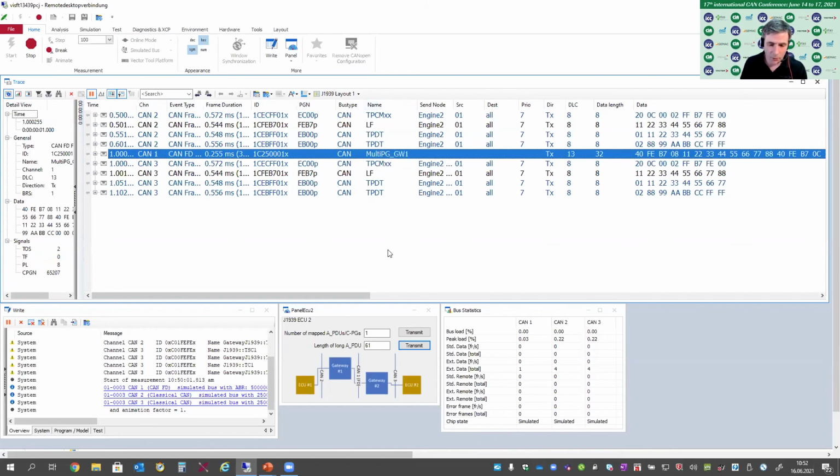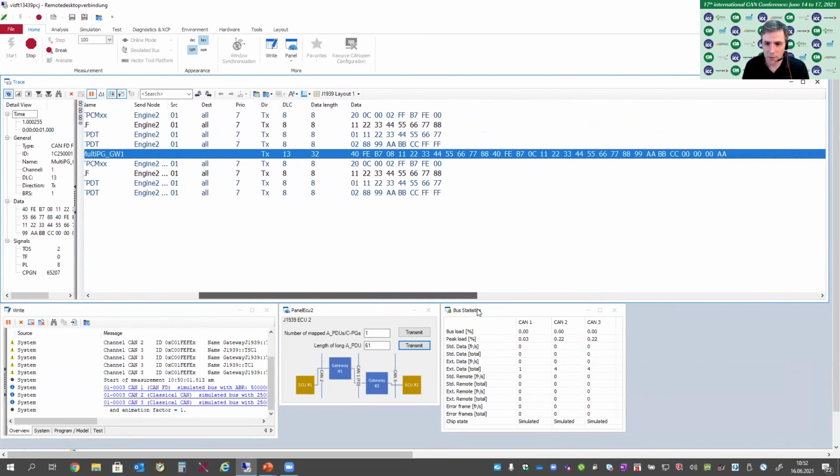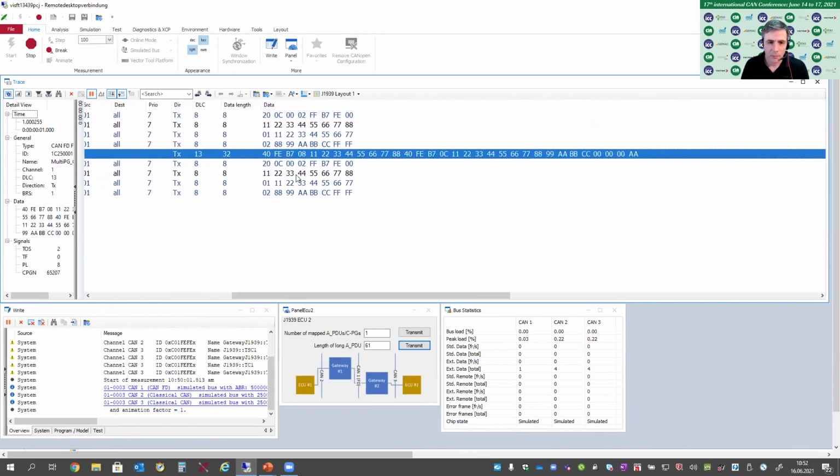I have already implemented the multi-PG transfer mechanism. And now the interesting part is here. If we look at the new protocol, I don't want to dig into the details. So on the slide deck, you may download afterwards,